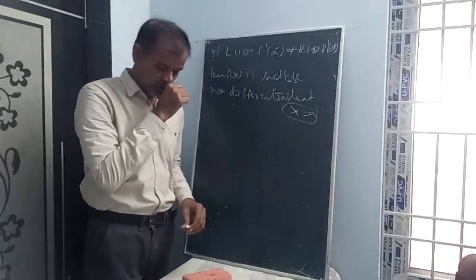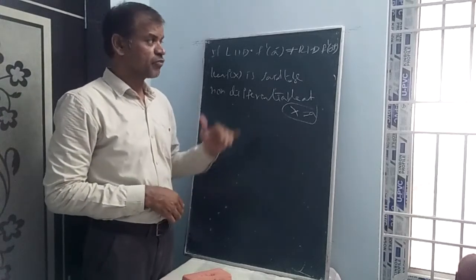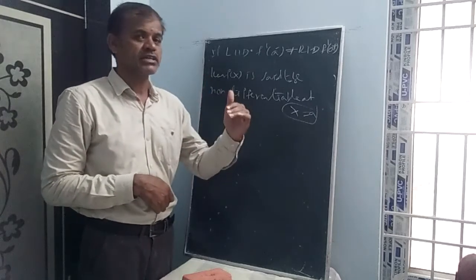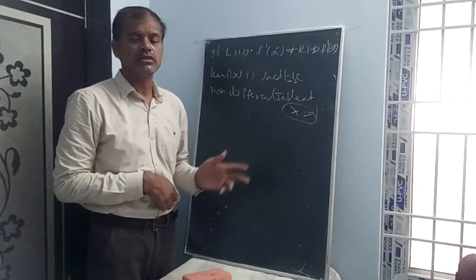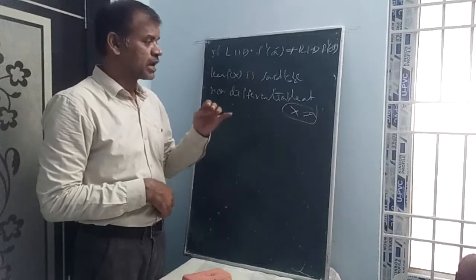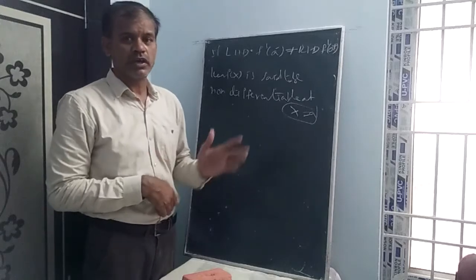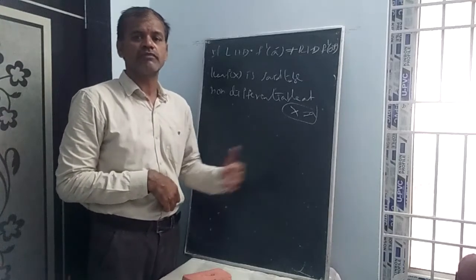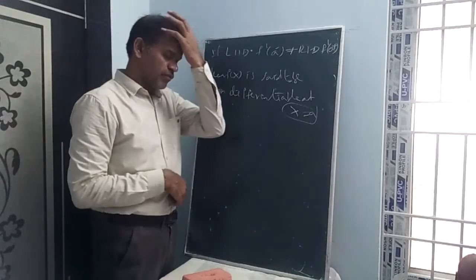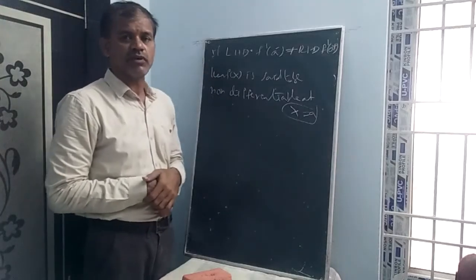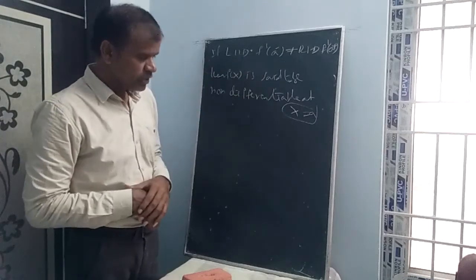So to define f(x) as differentiable, the limit should exist first of all. Sir, why are you calculating? You can ask. First of all, the calculation depends upon limits only. We learnt in the previous class the limit of [f(x + h) - f(x)] / h gives f'(x). To check whether the function is differentiable or not, we need to calculate LHD and RHD. The limit as x tends to a of [f(x) - f(a)] / (x - a) is also one concept, but this is the better concept, called the simple derivative. This is the LHD and RHD concept. Both should be equal and the function should be continuous.